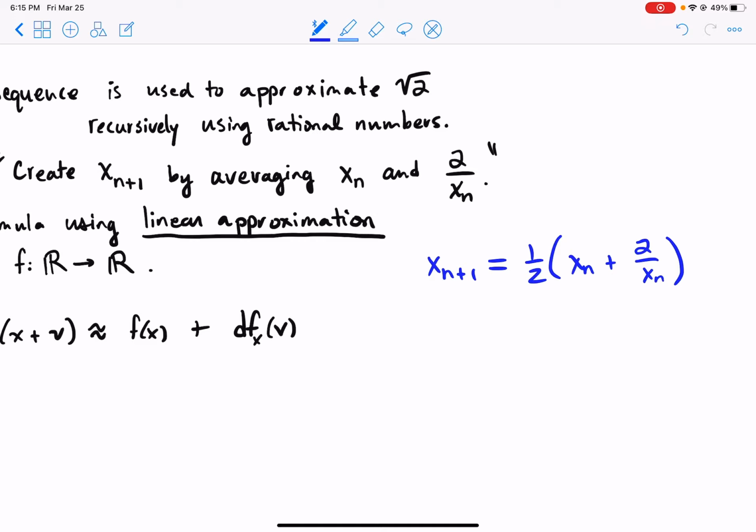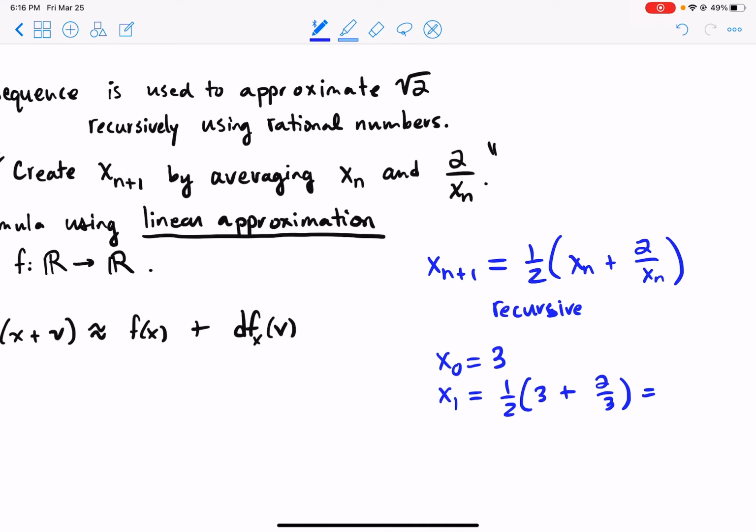Okay, so this is a recursive formula. And so like if I let x0 be 3, then x1 will be 1/2 of 3 plus 2/3,